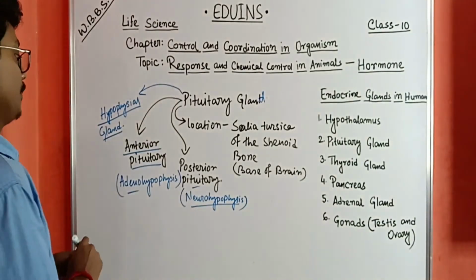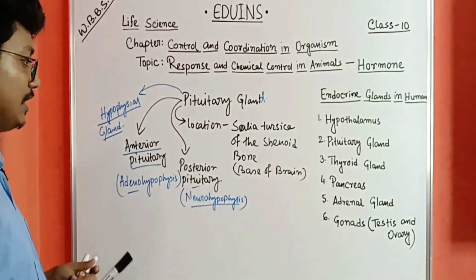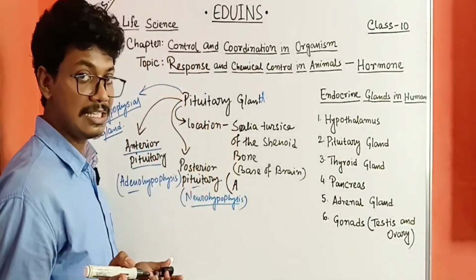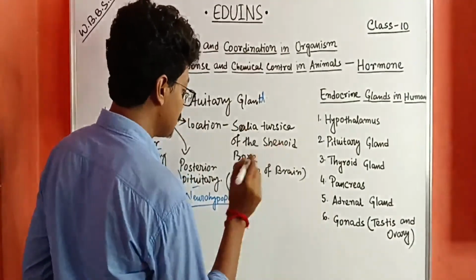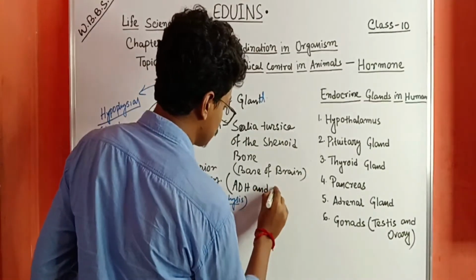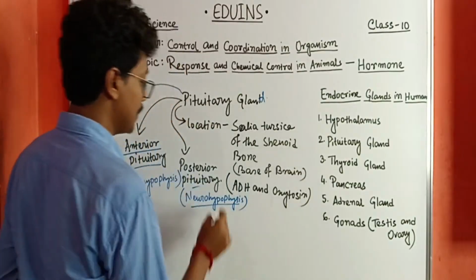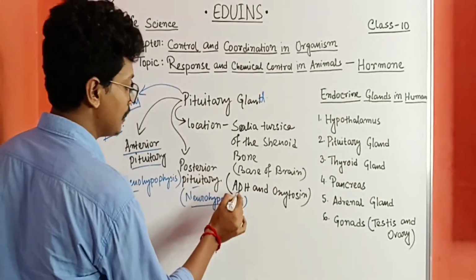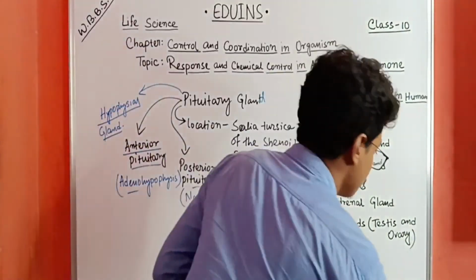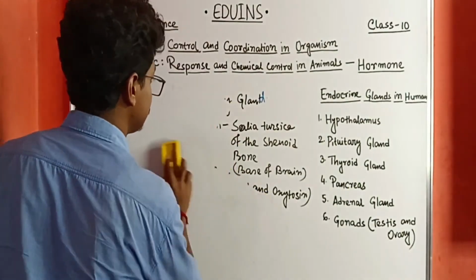Majorly, the hormones are secreted from the anterior pituitary. The posterior pituitary only stores the hormones released from the hypothalamus, ADH and oxytocin. They are stored and released from the posterior pituitary. The anterior pituitary releases hormones like